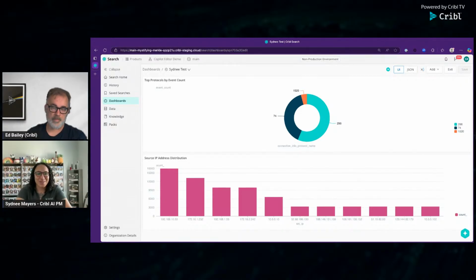We would love to meet with you, talk to you, hear your feedback, get your ideas, and also keep an eye out for our next release towards the end of July. We have some new things coming to Copilot Editor. We do have some updates coming to search. And just overall, we're really looking forward to getting more AI features out the door. We've seen really good adoption from my folks in financial services and healthcare. We're seeing great adoption from you guys in particular. Keep up the great work.